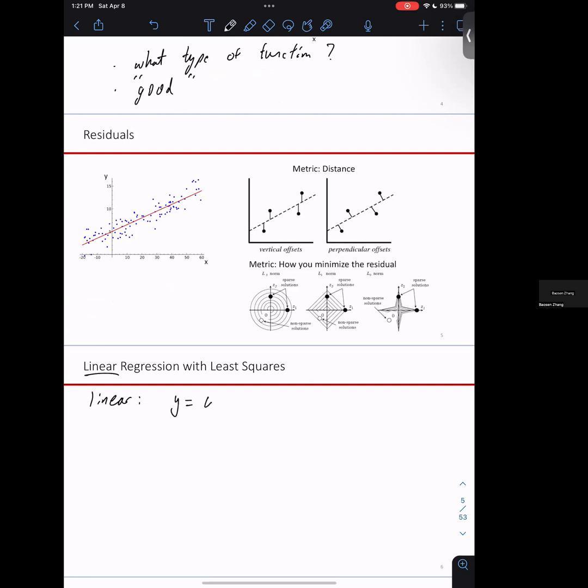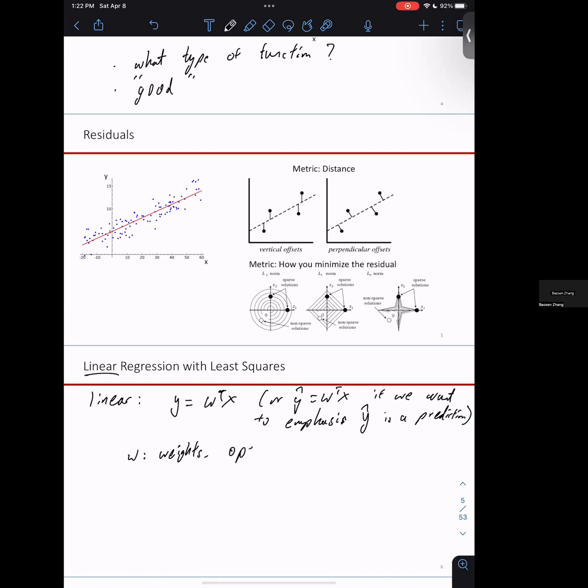So linear means y equals w transpose x, or y hat if we want to emphasize the fact that we're predicting. So we put a hat sometimes on top of y to emphasize that y hat is a prediction. But often you'll see just that y equals w transpose x. So the w is the weight,